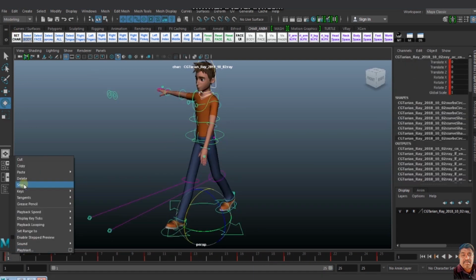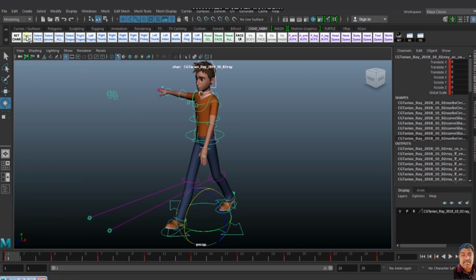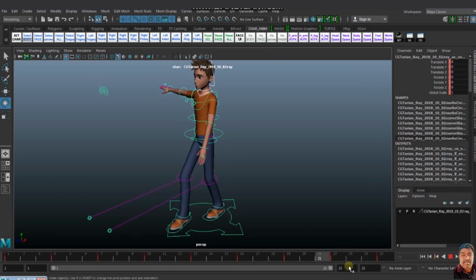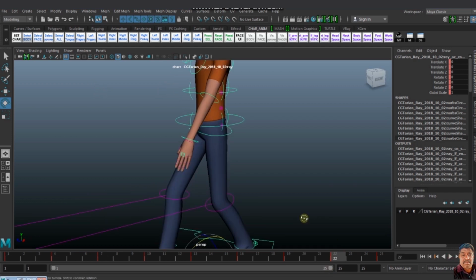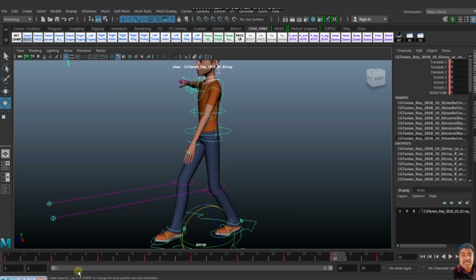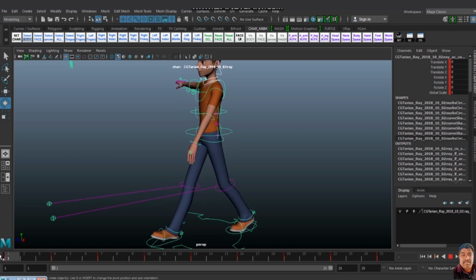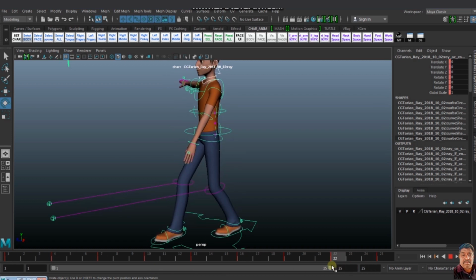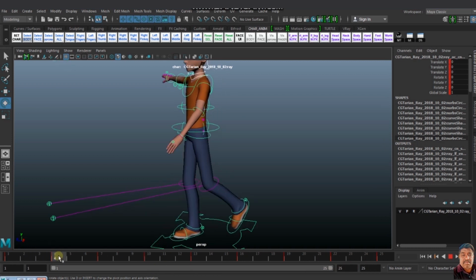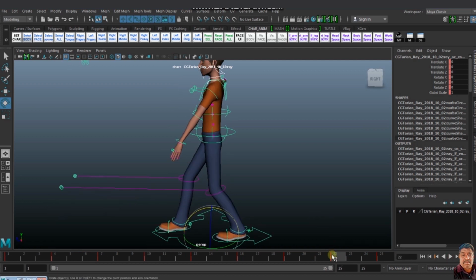I copy the first frame and paste it into frame 25, because both are the same, right? So now the action is like this. The hand is just like a pendulum.